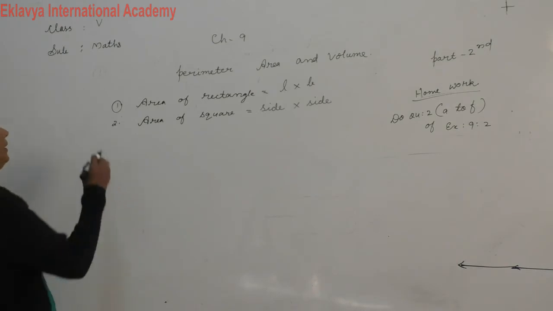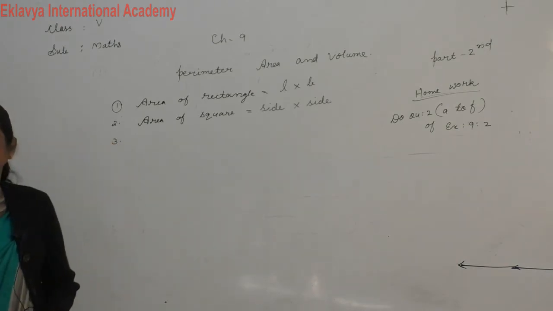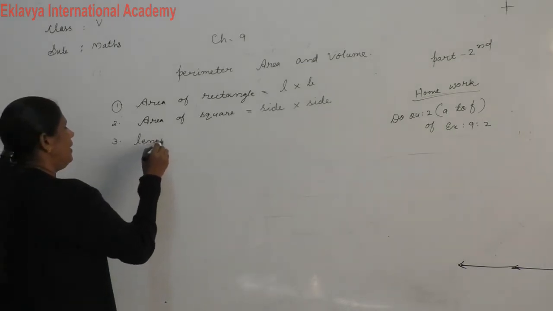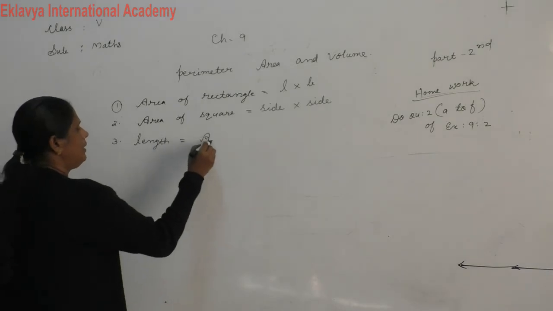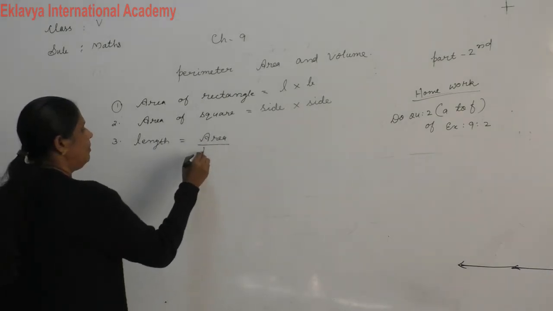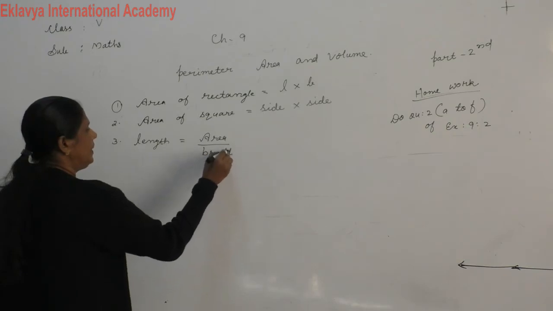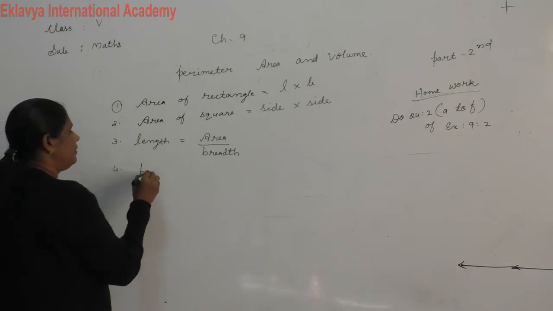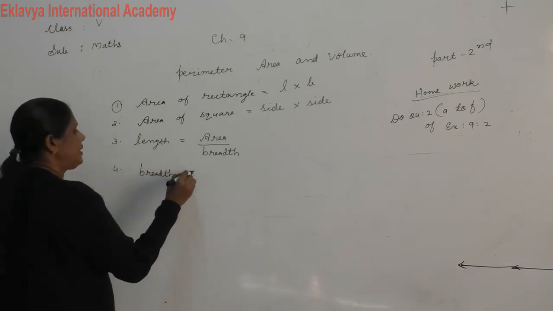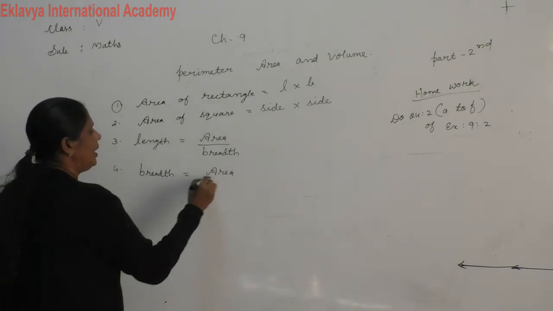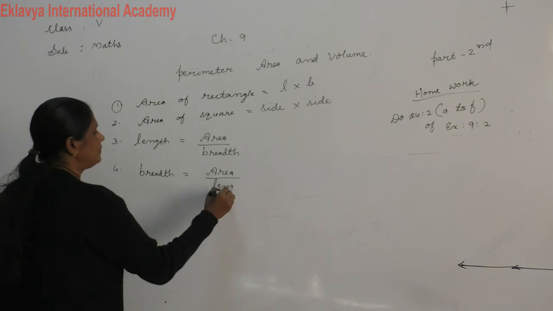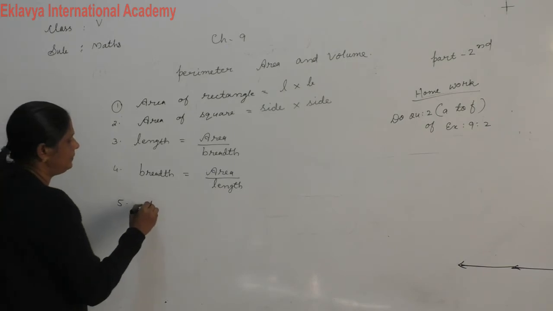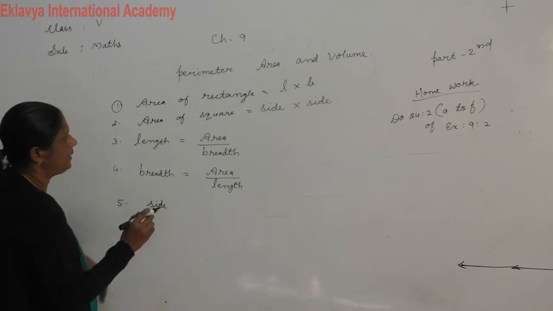Then when area is given, how to find the length? Length is equal to area upon breadth. Then breadth is equal to area upon length. Then side is equal to